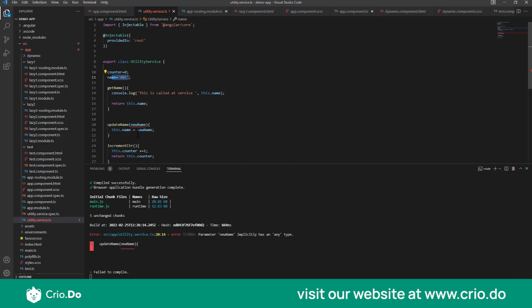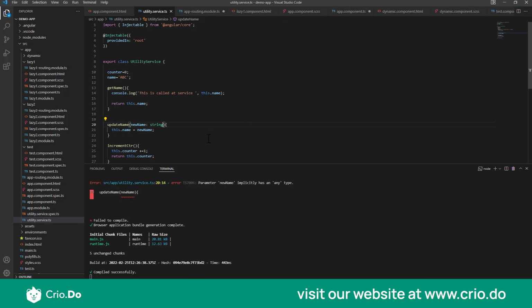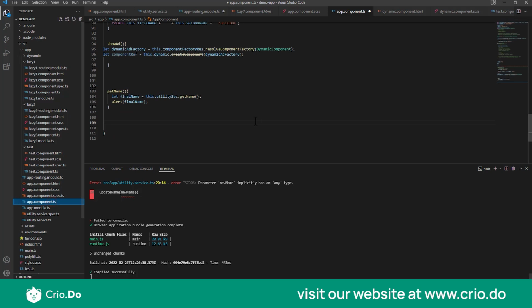So this is the beauty of TypeScript. It will ensure that you are not unintentionally throwing in any new type. So just to fix it, all you need to do is put it of the type string and you are done. Okay, and to check if this is working, all I will do is